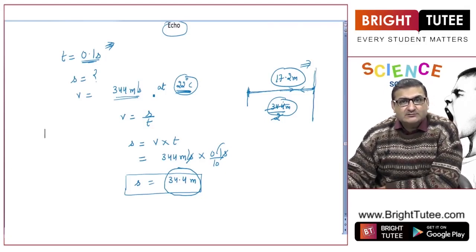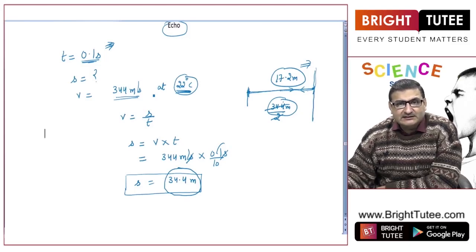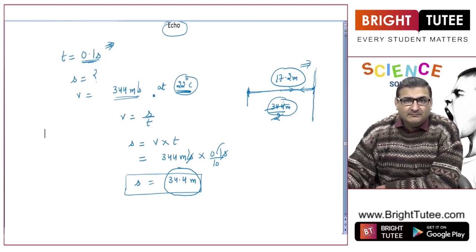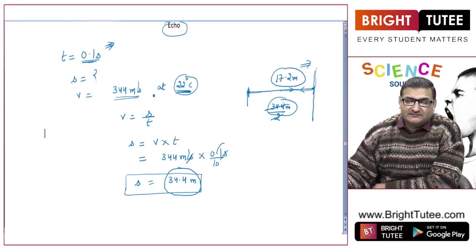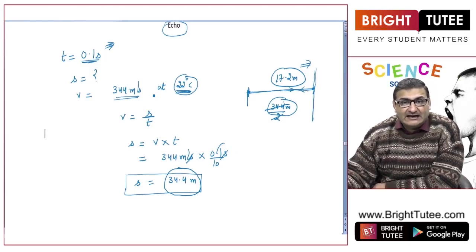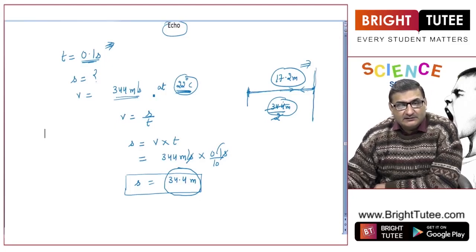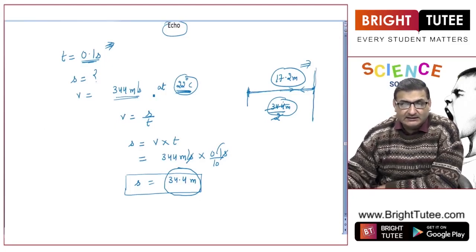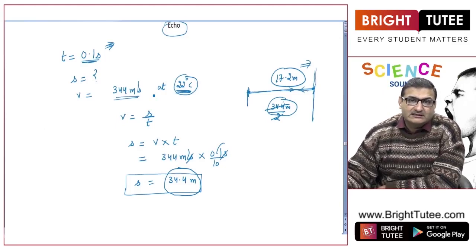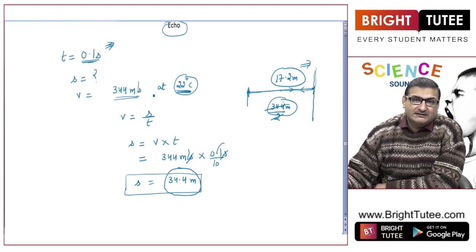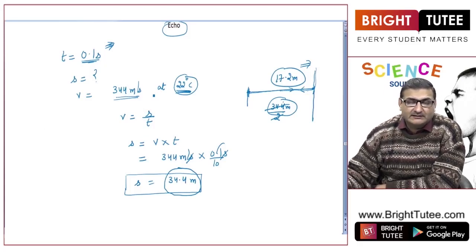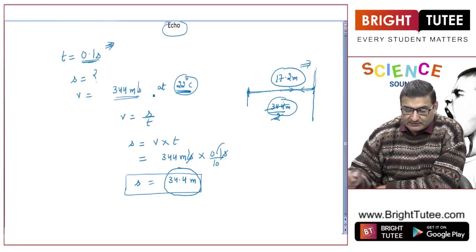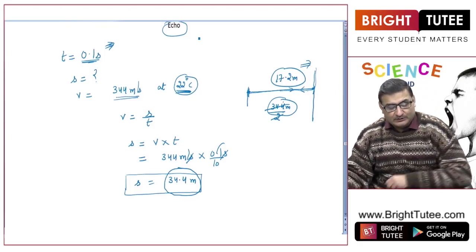Now, in the case of mountains, we see that there are so many times that the sound is reflected. Why? Because there are many reflecting surfaces. Same is the case in the case of thundering. When lightning occurs in the atmosphere and we listen to the thunder, that is also because the sound is multiple times reflected with the buildings, with the land, with the clouds, lot many things, right. So, this is echo. Got it?